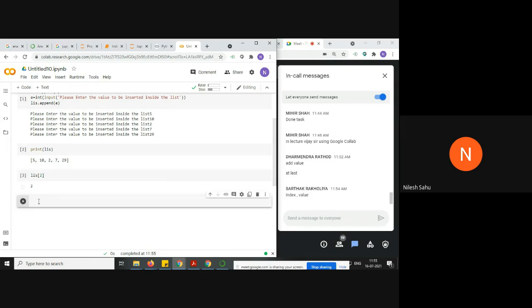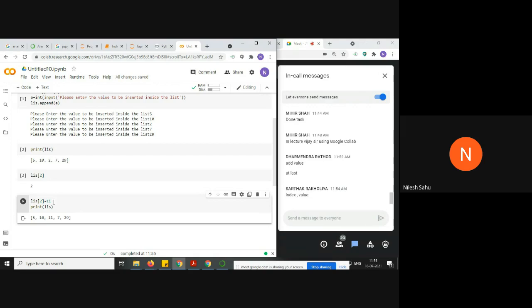Now let me show you one thing. We can also manipulate the list like this. Say list index number 2, we want to insert the value 11. So when I do list[2] = 11 and print this, you can see that at the index number 2, it replaces the value.